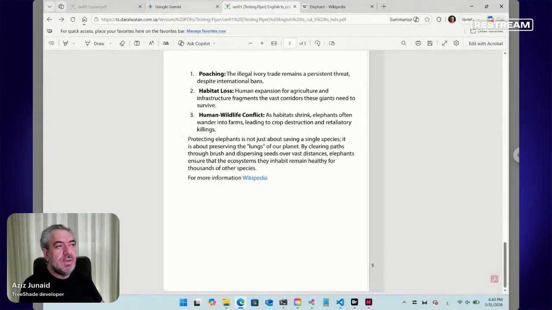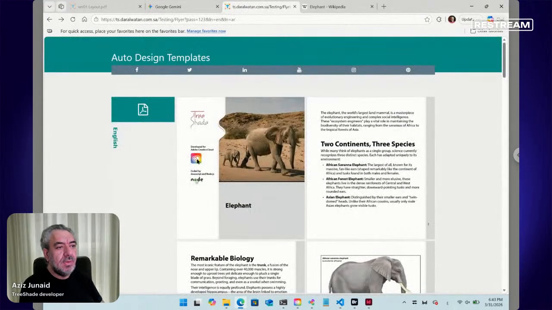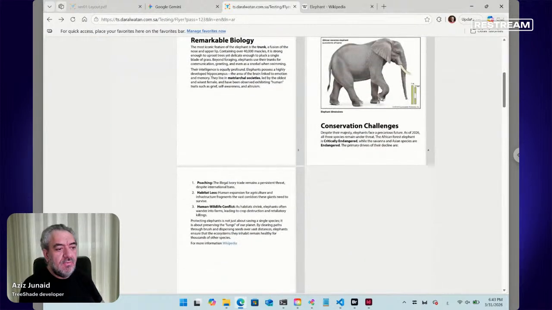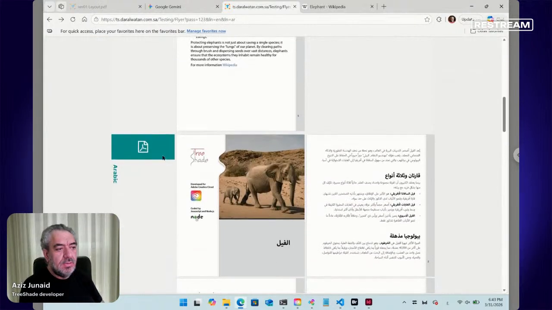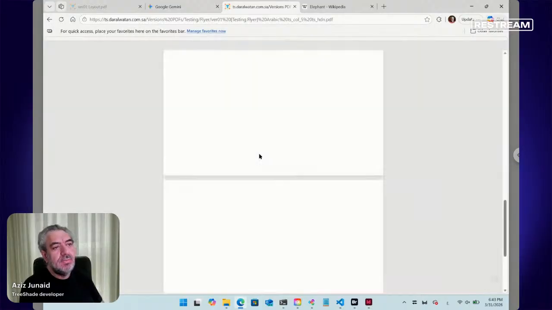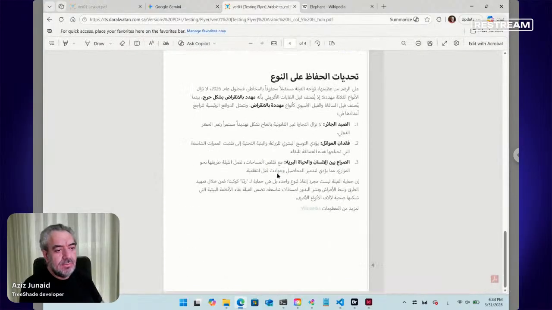And also the same thing for the Arabic PDF. No, here there is a problem. It doesn't work. Anyway,